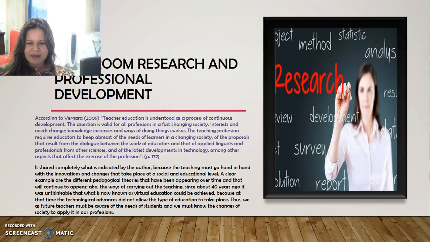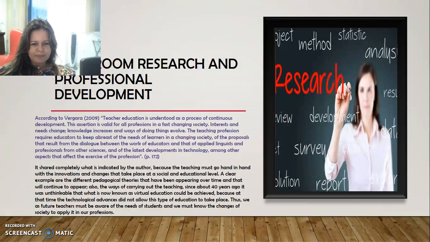Classroom research and professional development. Check completely what is indicated by the author, because teaching must go hand in hand with the innovation and changes that take place at a social and educational level. A clear example are the different pedagogical theories that have been appearing over time and that will continue to appear. Also the ways of carrying out teaching, since about 40 years ago,